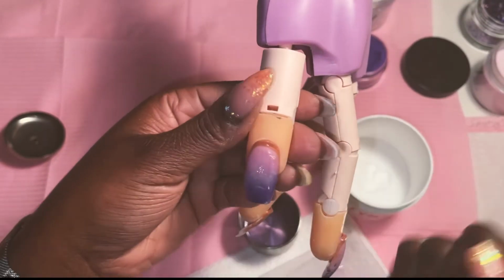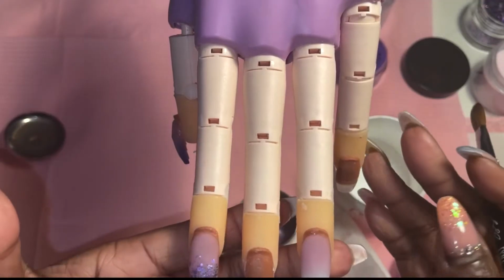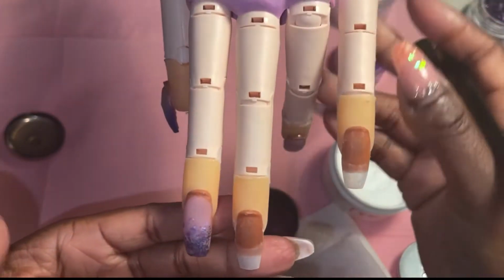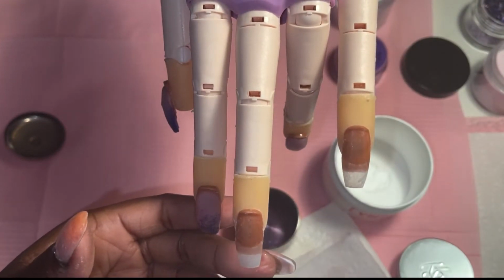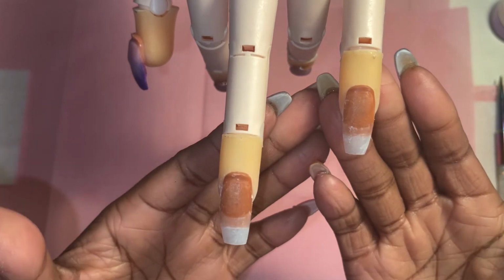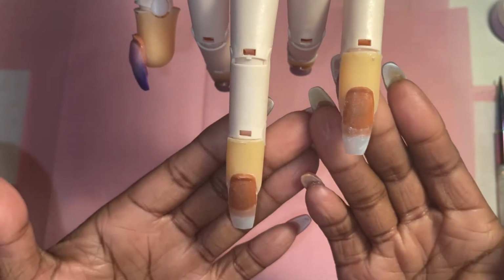You can always reshape the nail, that's not a big deal. Okay, so then we're gonna move on to the other 2 nails. We'll be doing the gel. All right, so for these 2 nails, I'm gonna do a pink and white and a colored acrylic ombre using